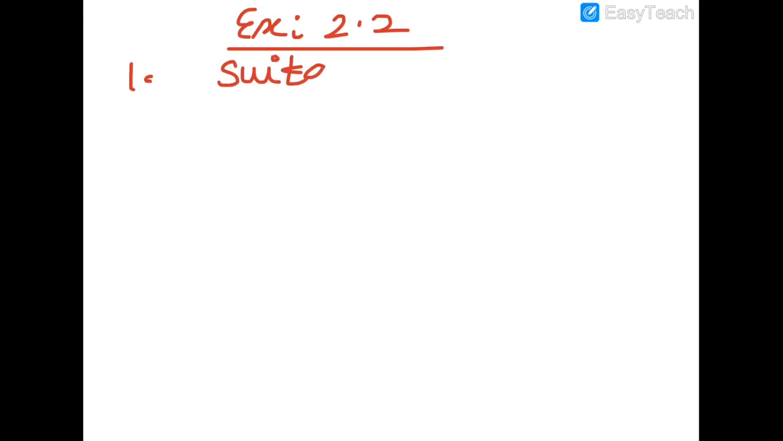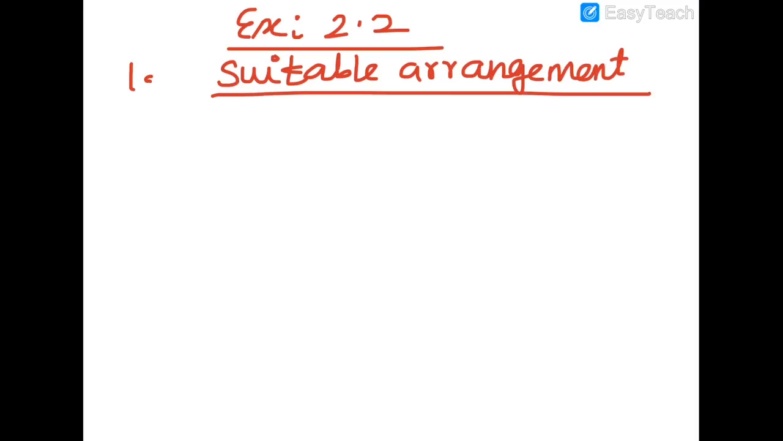First, find the sum in the exercise problem. I will solve the first one. Exercise 2.2: find the sum by suitable arrangement. Suitable arrangement is very important, students. Suitable arrangement means we have to rearrange the numbers so that we can add them easily. What is the number they gave? The sum is actually